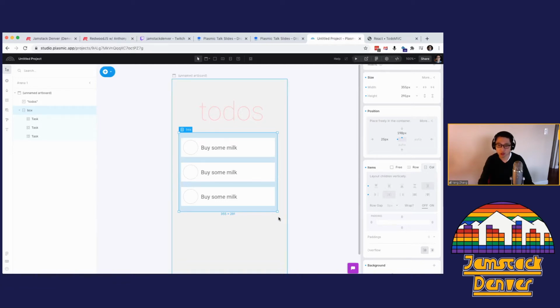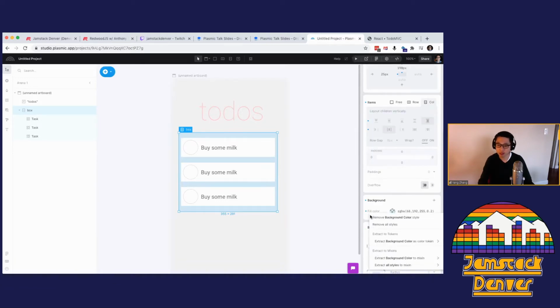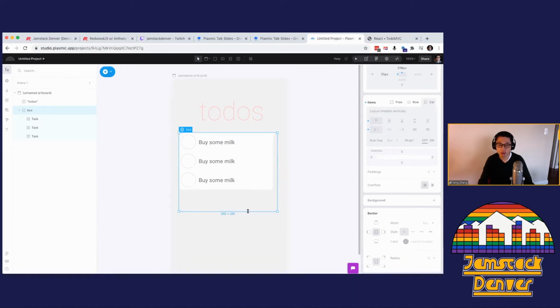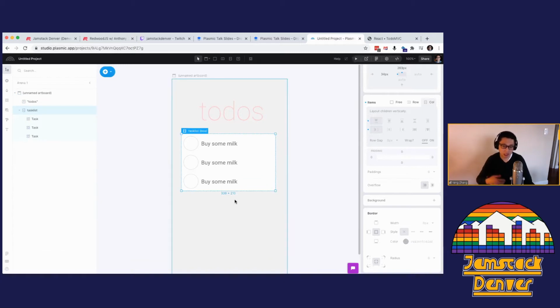So just to show a little bit of that, I'm going to first remove the background here. I'm going to align everything to the top, to the left. I'm going to double click an edge to auto size the content vertically and also horizontally. These are some of the simpler features in the layout engine. I'm going to show some more interesting things later on as well. And I'm going to give this element a name, called task list. This is just to help keep my elements organized, but also it'll come in handy later for the actual code